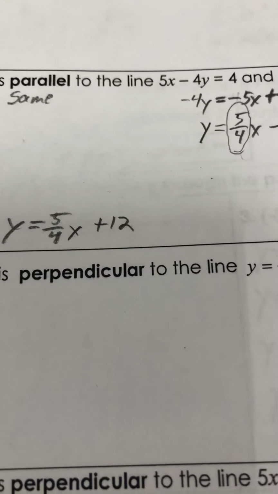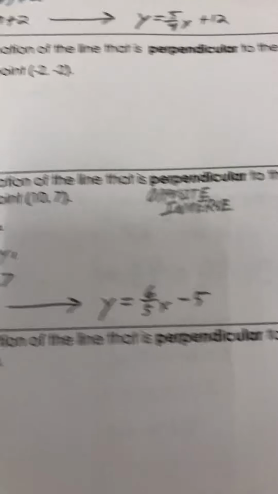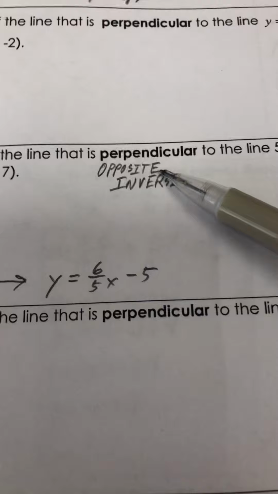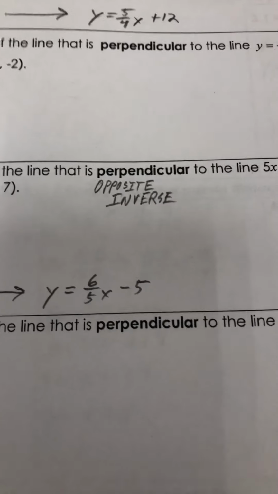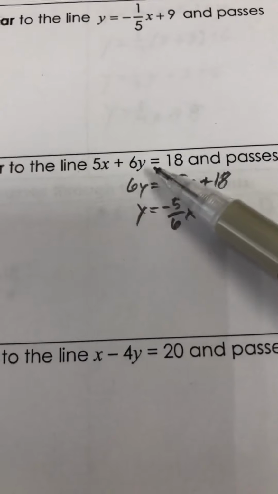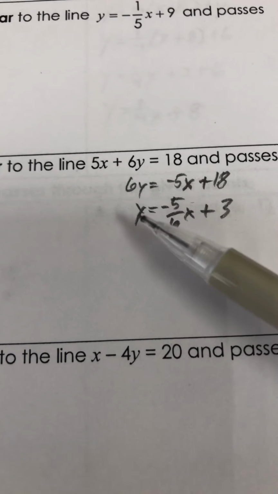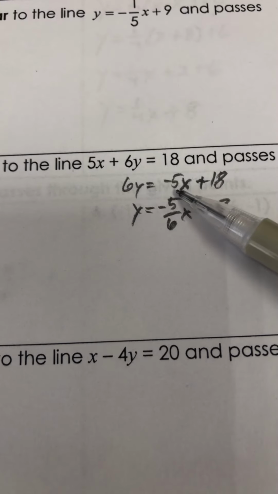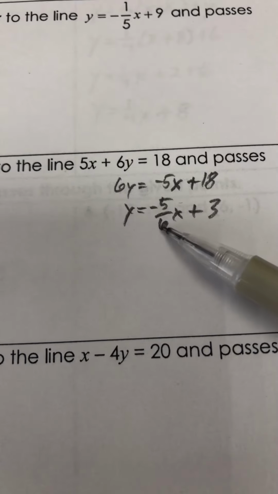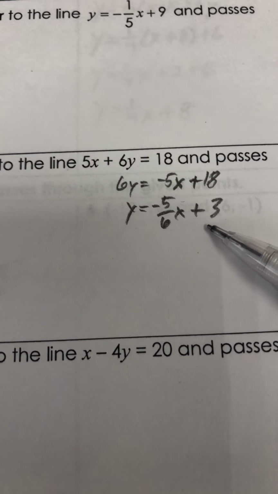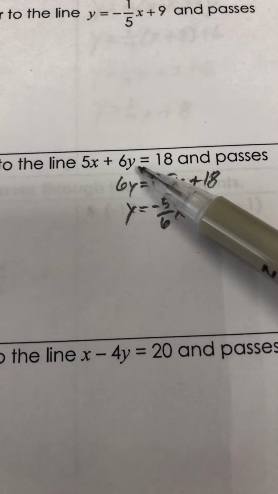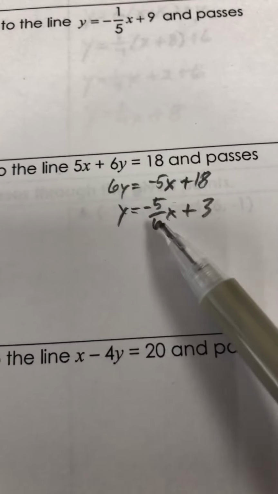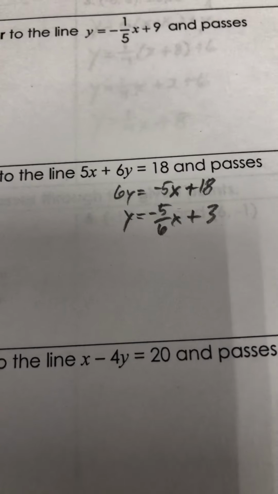Okay? All right. Now we're going to do one that's perpendicular. And I have here reminding you that perpendicular, the slope is going to be opposite and inverse. So I first have to figure out the line that I'm going to be perpendicular to. I've got to figure out what that line is in slope-intercept form. So I subtract 5x from both sides. I then divide by 6, and I end up getting this as my slope-intercept form for this line. This was written in standard form. I had to translate it into slope-intercept form,